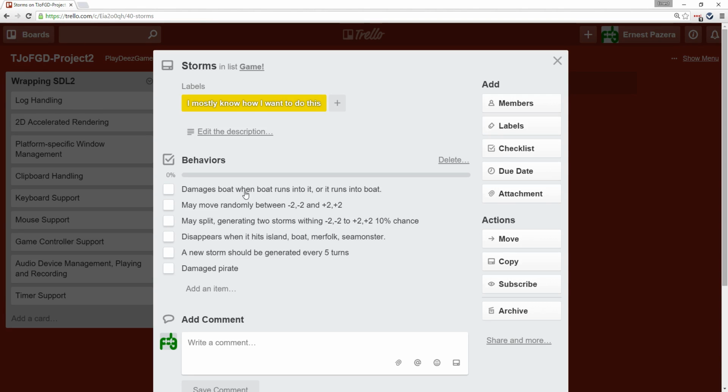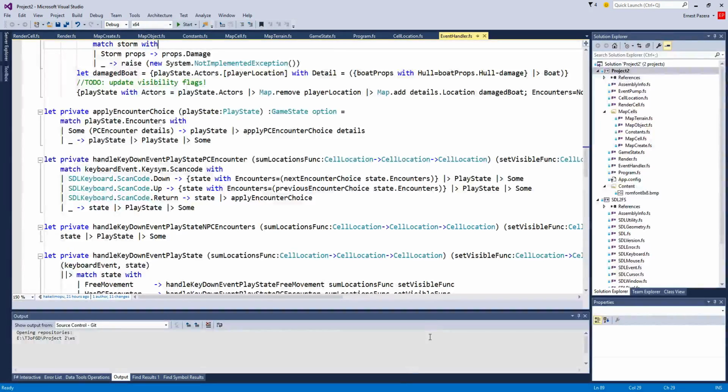And we last left our hero when we were getting the boat damaged. When the boat runs into a storm, or the storm runs into a boat, we haven't gotten to the point where we are actually having the storm, having any of the actors move. So we have to get on that. But we have some business to do,